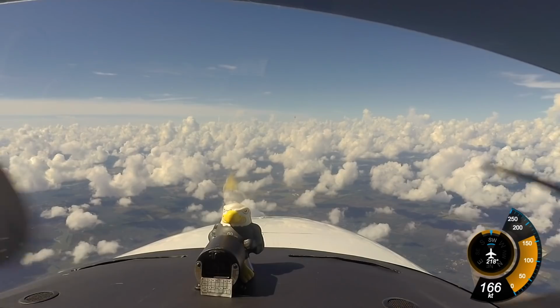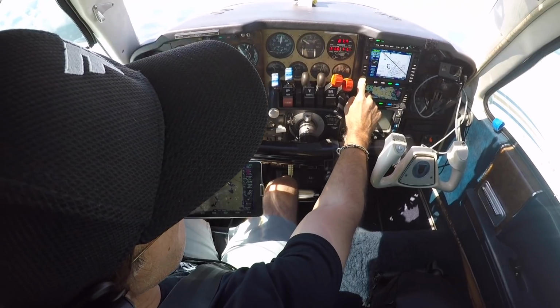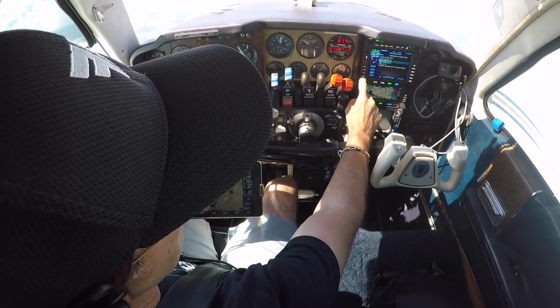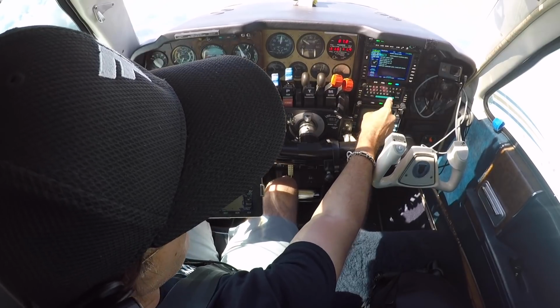So I can come here and I can select charts. So you can see it's set for St. Augustine. I can choose the airport. I can come up here and I can use my little keyboard to go